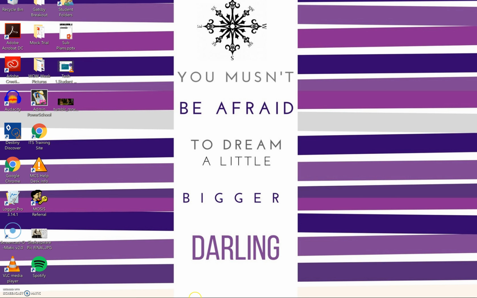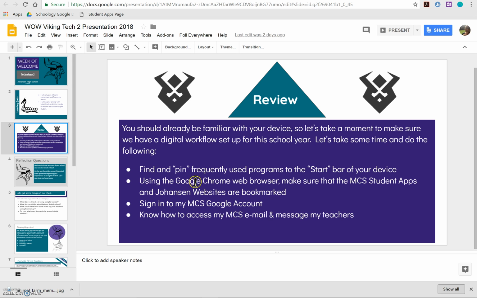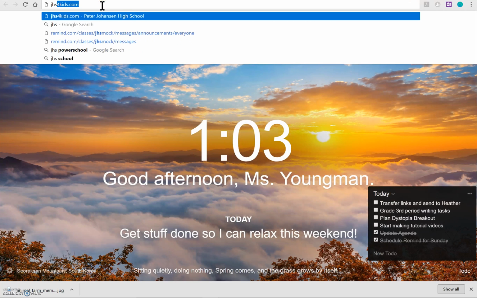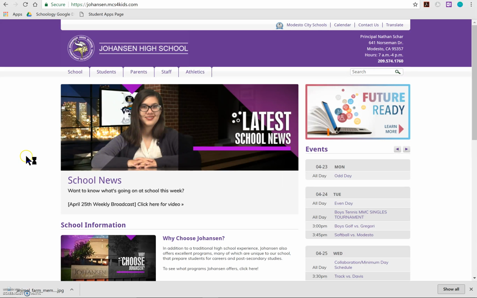Make sure you know how to do it, and then we'll move on to the second area, which is using the Google Chrome browser to make sure that they have the MCS student apps page and the Johansen websites bookmarks. We're going to go ahead and we'll start with the Johansen website because they can get to the student apps website from Johansen. So they want to make sure that they have a Google Chrome browser open, and they're going to go in a new tab and they'll go to the Johansen website, jhsforkids.com, and we're going to bookmark this